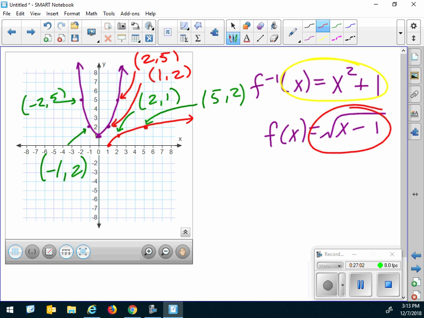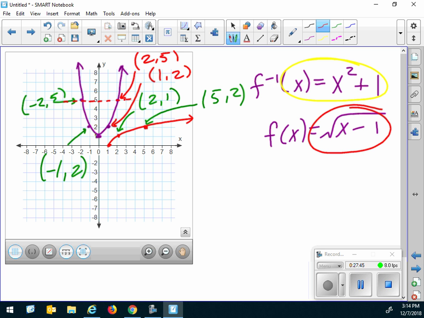Now, here's the deal. I want you to take a look at the purple graph. When Y is 5, what's X? When Y is 5 on the purple graph, oh, I had 2 answers. Oh my goodness, I had 2 answers. Okay, that's a problem, right? Well, all of these are real numbers. But here's the deal. Since on this one, I have 2 X values that have the same Y value,